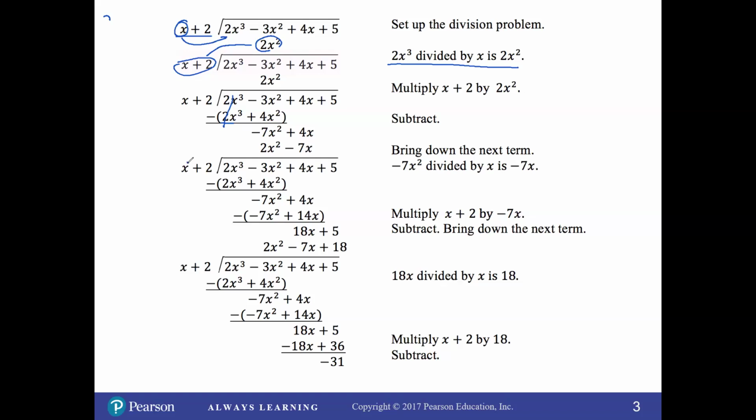Oh, and then you drop down the next term. Sorry, I forgot about that part. Drop down the next term. So what we do now is ask how many times x divides into negative 7x squared. Once again, if I divide that in there, I'd be left with a negative 7x. So negative 7x times x will leave you with a negative 7x squared, and negative 7x times 2 would leave you with a